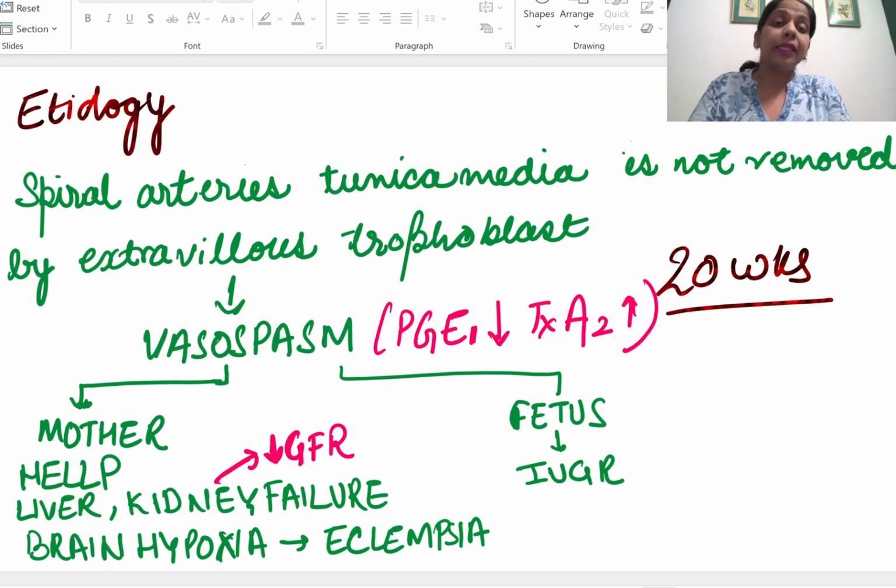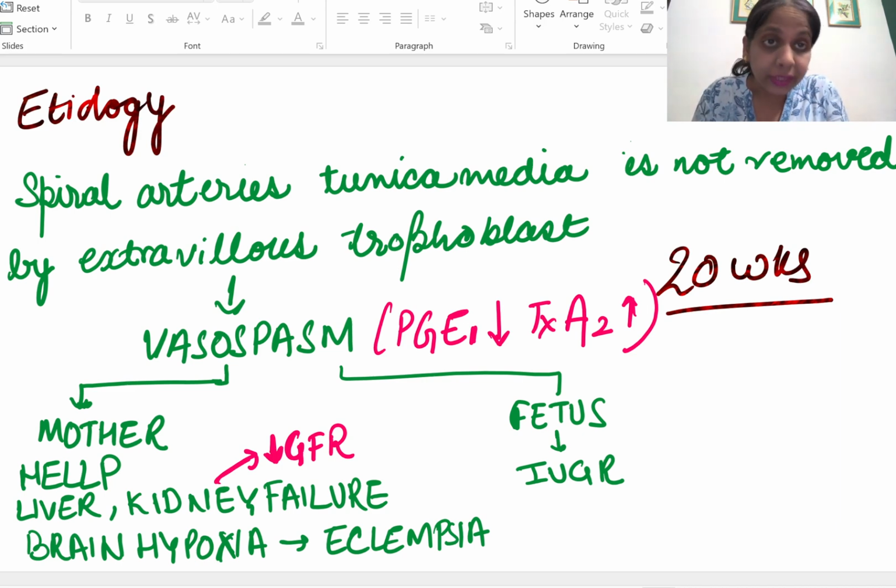Okay, so once again, every artery has three layers: tunica interna, media, and externa. Media is the most muscular layer. In the placenta, the branch of the uterine artery, the spiral artery, its tunica media is replaced by the extravillous trophoblast. How will you remember that it is extravillous trophoblast? Because villous trophoblast makes villi. Extravillous trophoblast does extra work. So the invasion of the spiral arteries is done by extravillous trophoblast, and this invasion is around